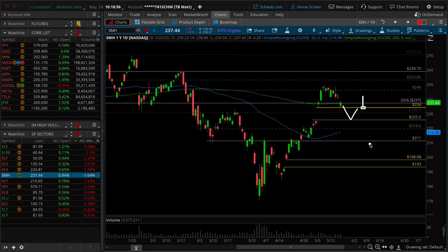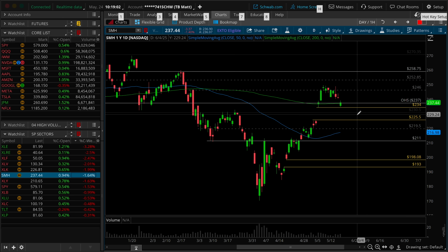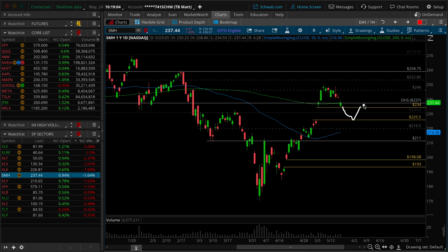If we get a huge shooting star, upper wick, inverted hammer, whatever you want to call it, that looks like this, that would start to become a concern. Or if it's a little bit more sloppy, because here's the deal, right? It's always easy to mark up a chart in hindsight, but in real time, that's where it's hard, right? So, of course, if this starts looking like a little bit of consolidation,